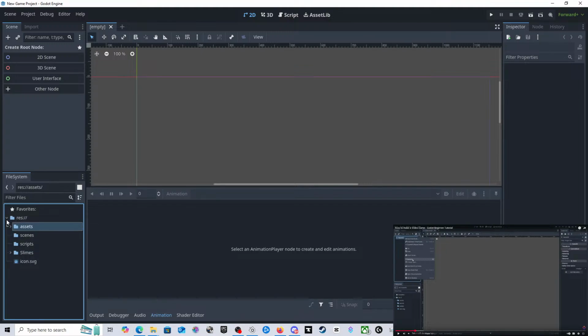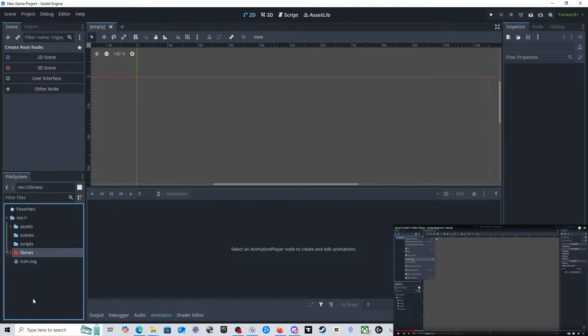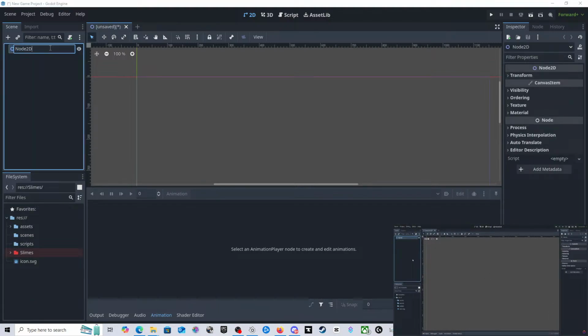That's nothing to do with this. Right. So for now, what we're going to do, color. I'm going to turn that red so I don't touch it. So 2D game. And even though it's empty, let's go ahead and save it.